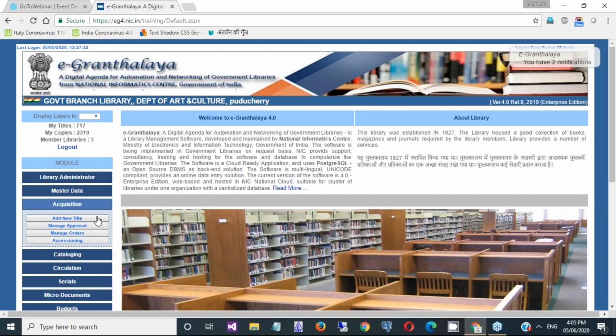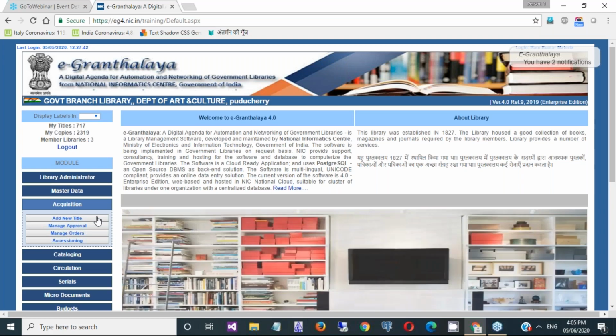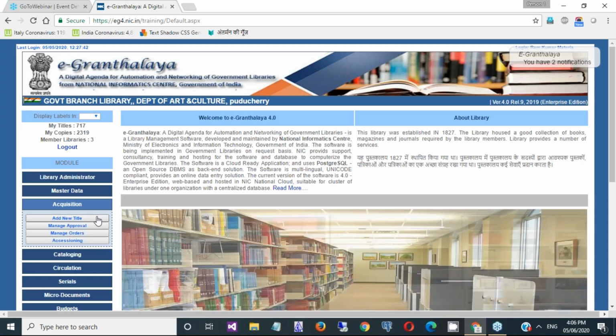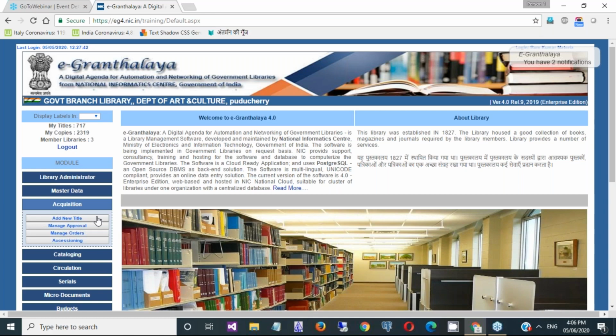So there are two kinds of collection in the library. First, already acquired and available in the library, and second, the purchasing which you are going to do during the current year. That is the recent purchasing or current purchasing, you can say.